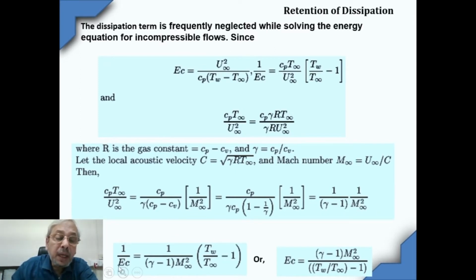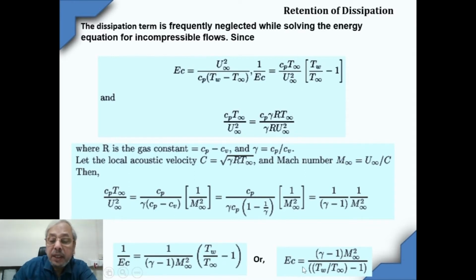So this was the expression for 1 by Eckart number. So 1 by Eckart number becomes 1 by gamma minus 1 into Mach number square into Tw by T infinity